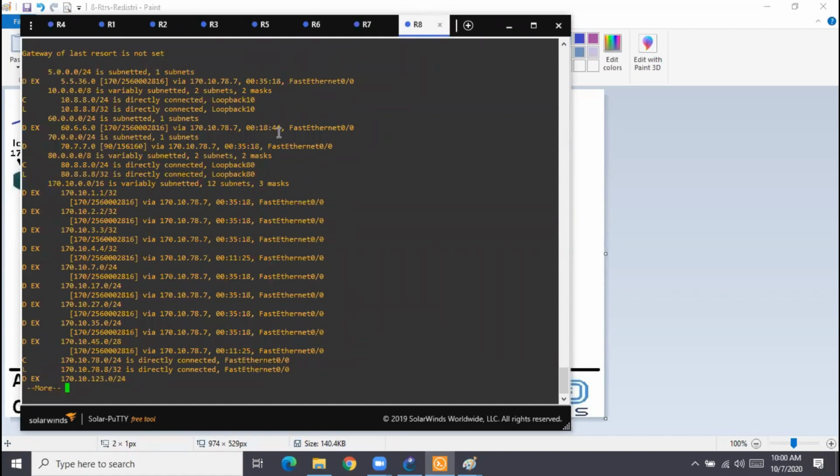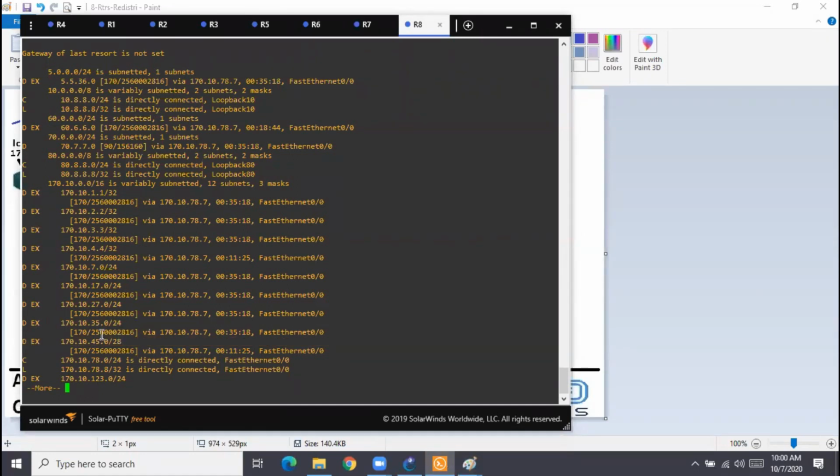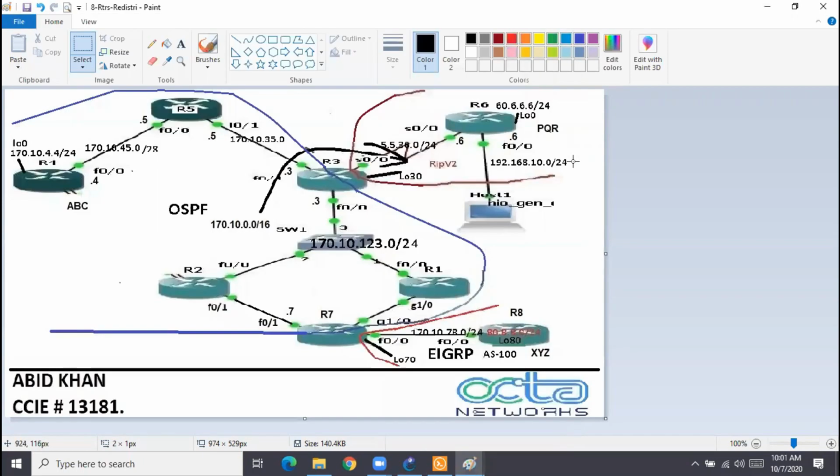Okay, let's have this requirement. The EIGRP domain should not get 35.0 and 45.0/20. These two routes should not be visible in the EIGRP domain. This is the requirement. All the routers in the EIGRP domain should not have this route.